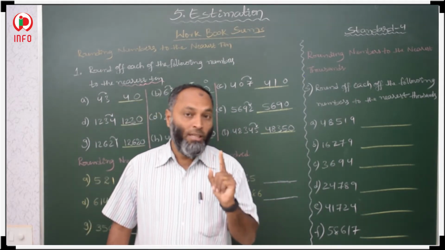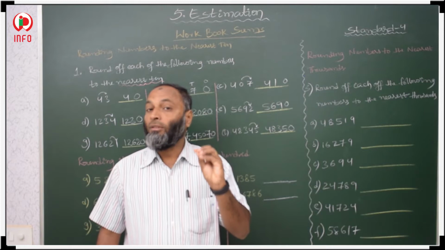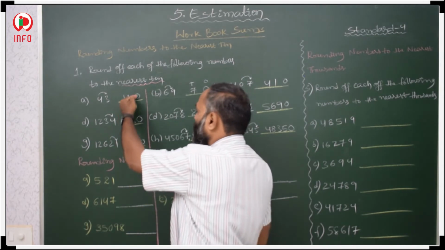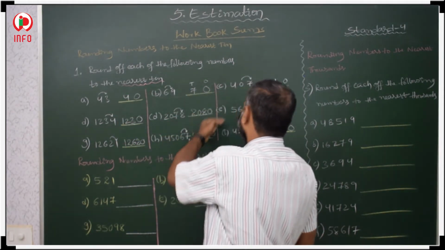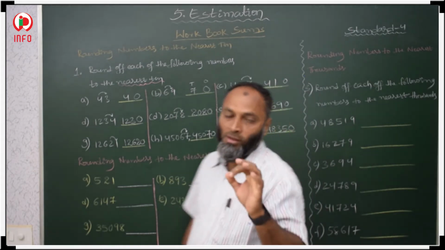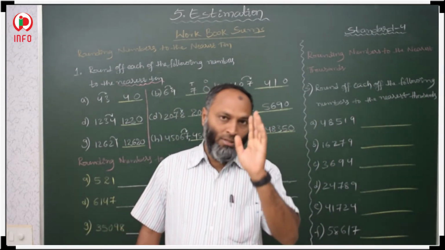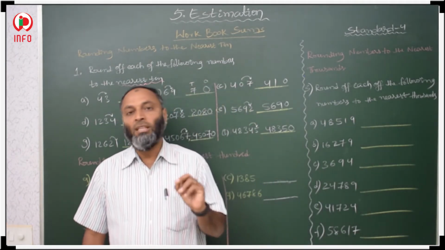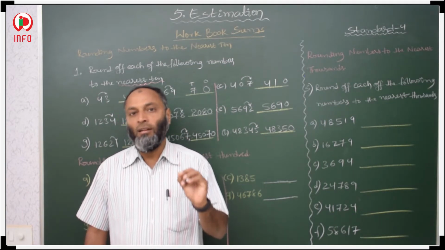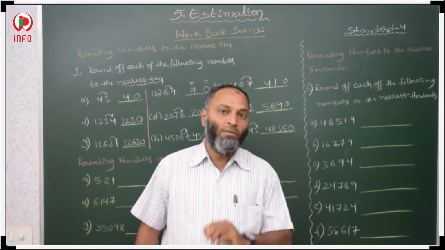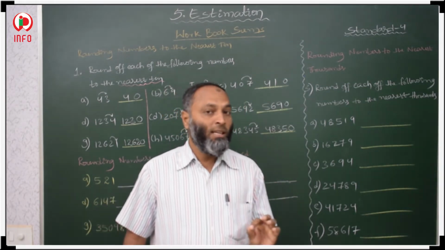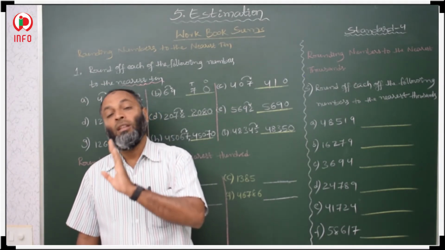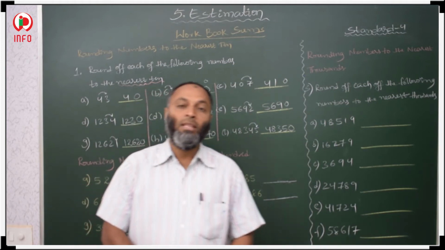First, if he asks tens, what do you have to do? You have to keep 0 in the ones place. If he asks nearest to tens, you keep 0 in the ones place. Then after that, you check what is there in the ones place in the given number. If it is greater than or equal to 5, then you have to add plus 1 to the tens place. If it is less than 5, then you keep your tens digit as it is. The remaining extra digits, you keep as they are. Okay, so these are the nearest tens.